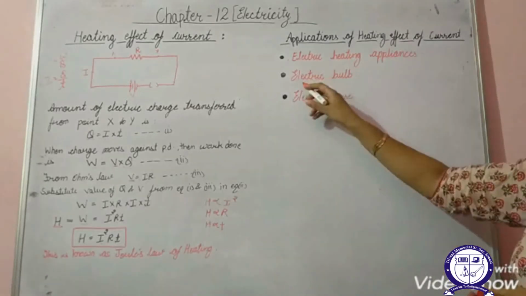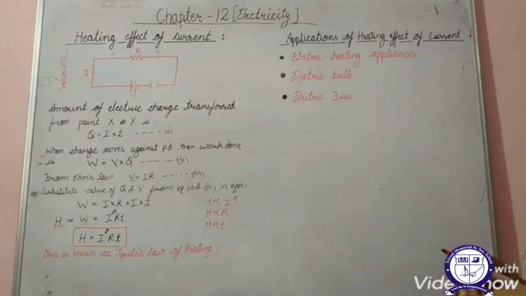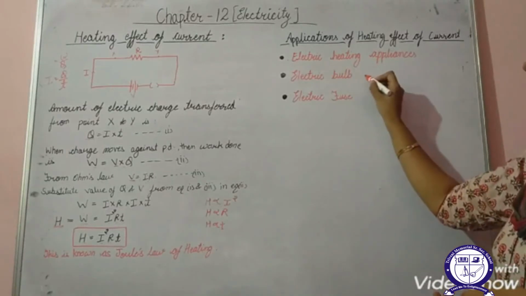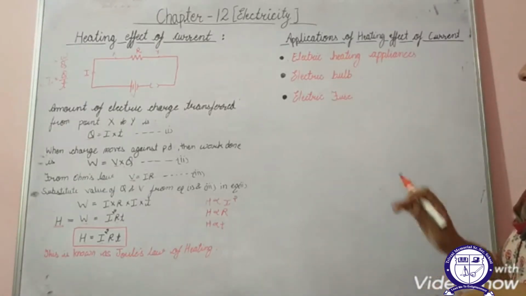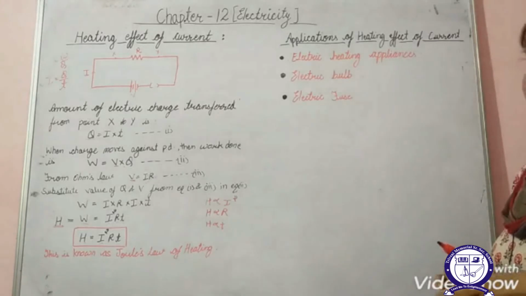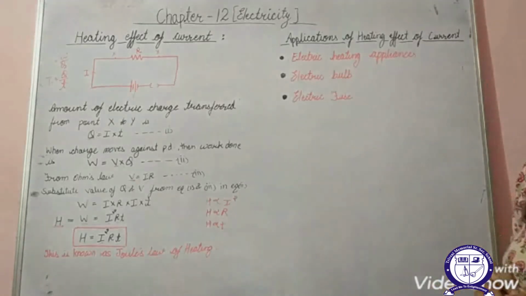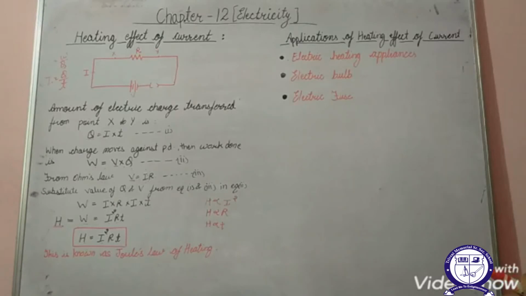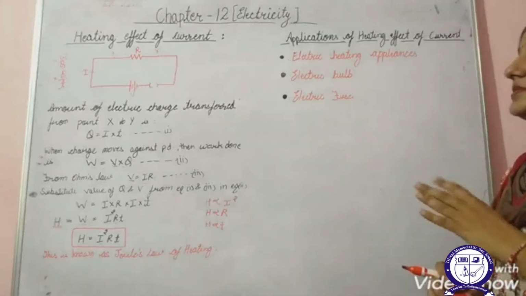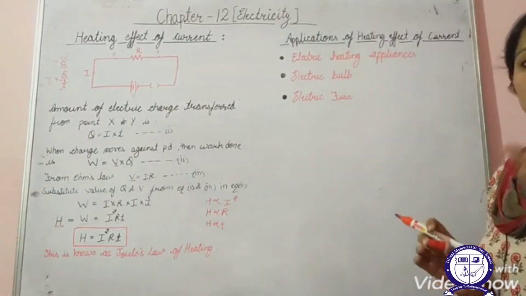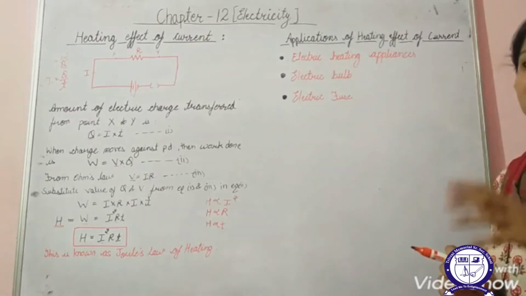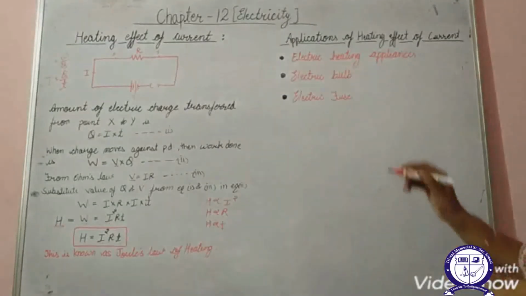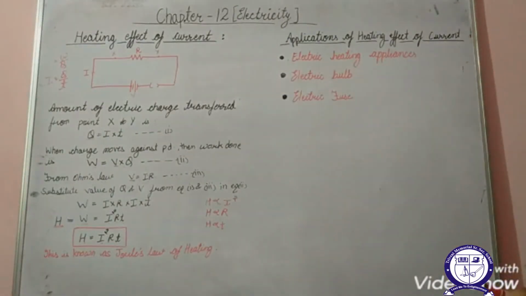In a similar way we can have an electric bulb. The electric bulb also works on the heating effect of electric current. It comprises a filament which is made up of tungsten. This filament also dissipates heat, but the electric bulb is not that efficient. The reason is that the energy supplied to the filament of the bulb is mostly dissipated in the form of heat but not in the form of light. Light is emitted too, but not the maximum. Because of that it is not efficient. For that reason we are using CFLs.